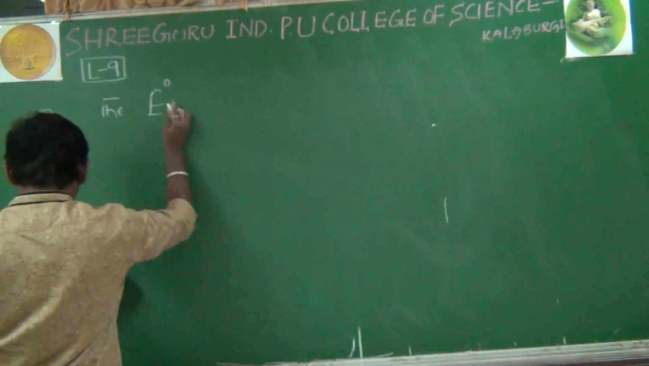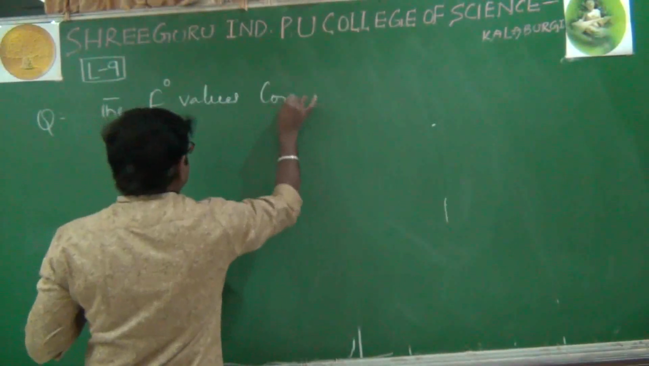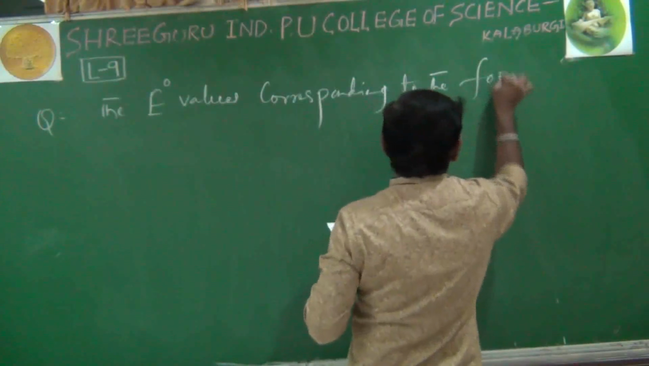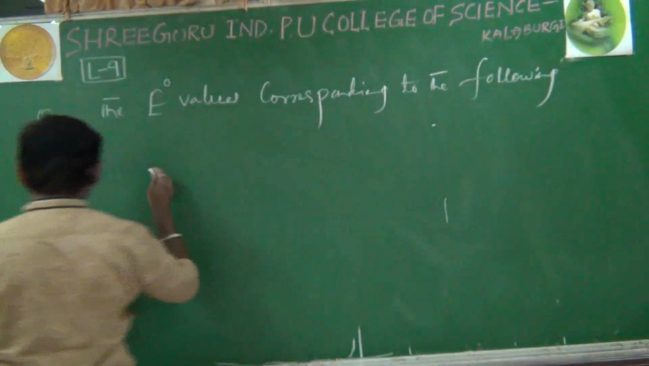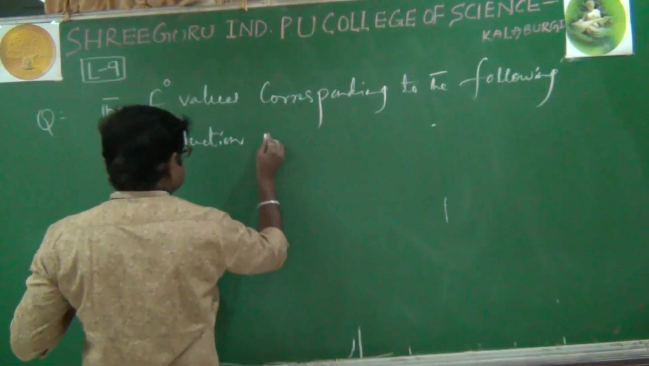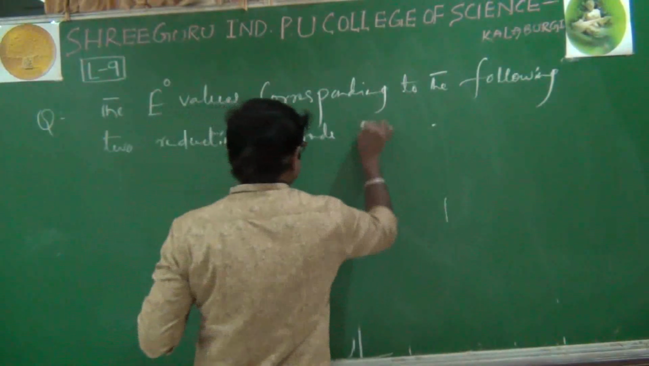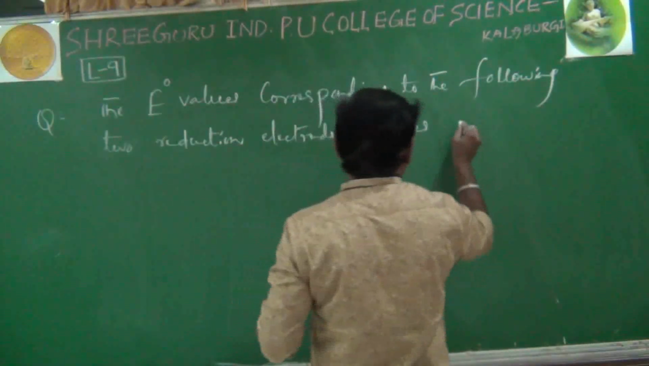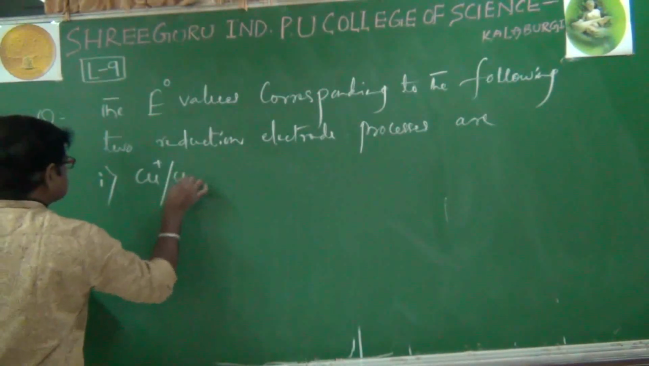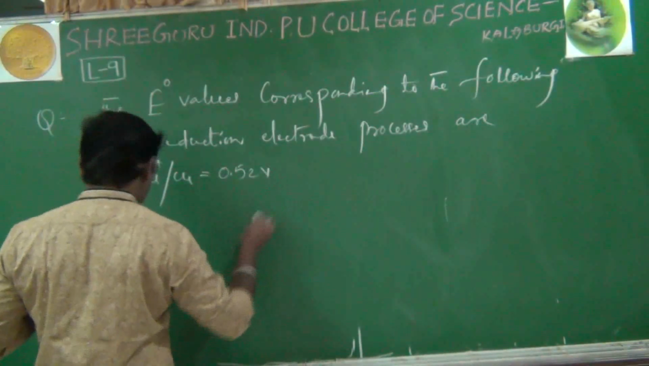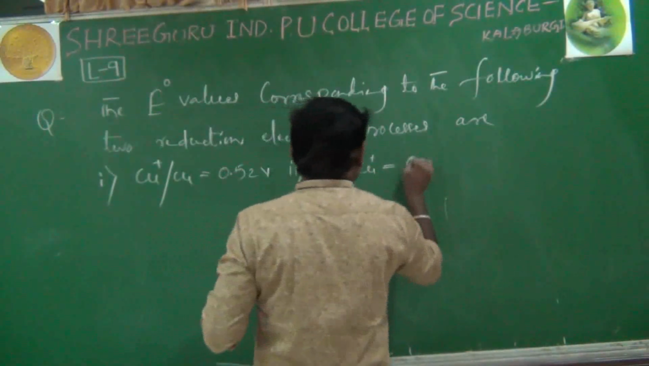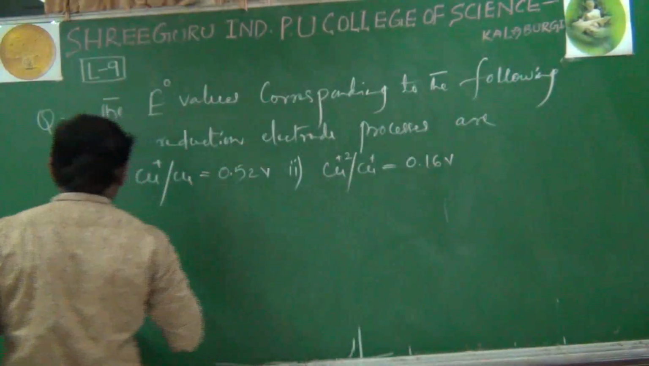The E naught values corresponding to the following two reduction electrode processes are: number 1, Cu+ | Cu is equal to 0.52 volts, and number 2, Cu2+ | Cu+ is equal to 0.16 volts. Then it asks us to formulate